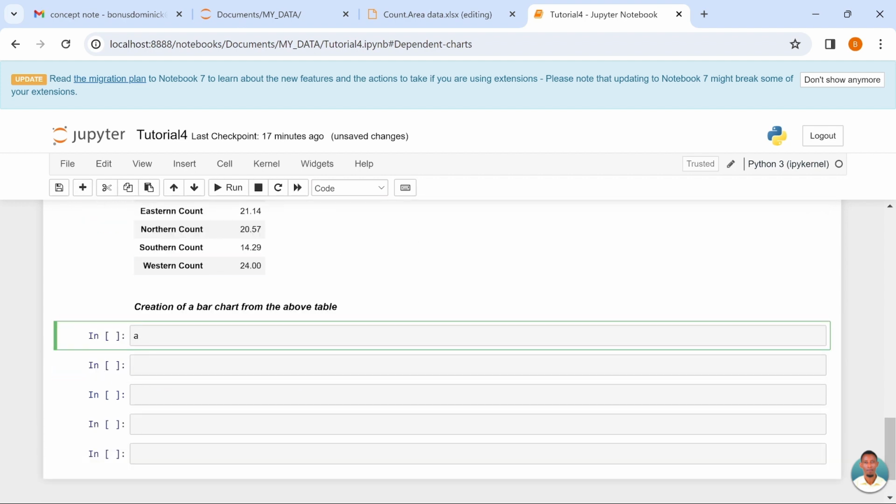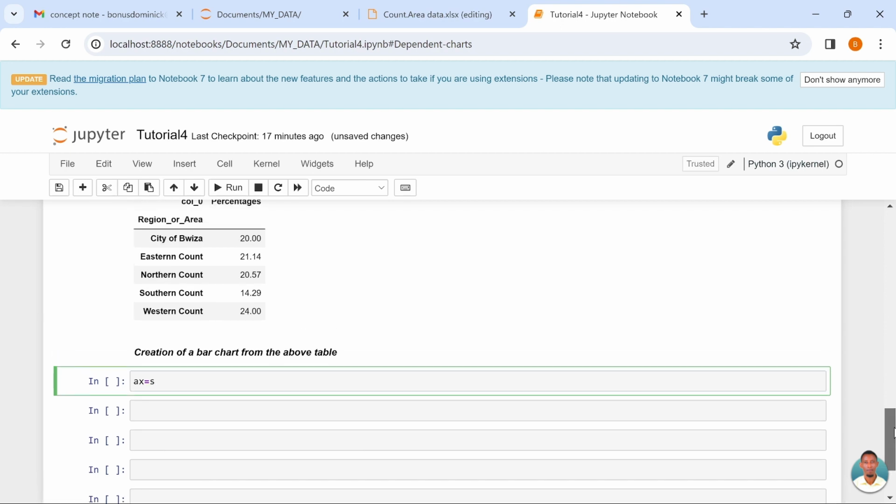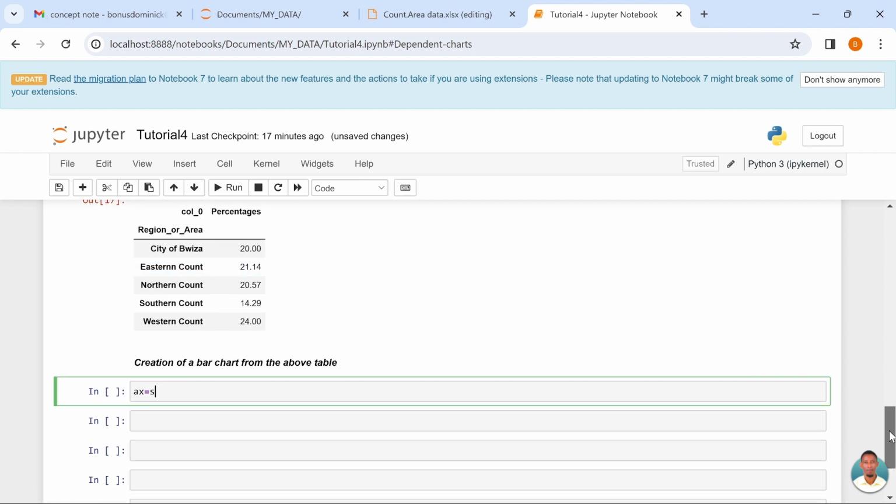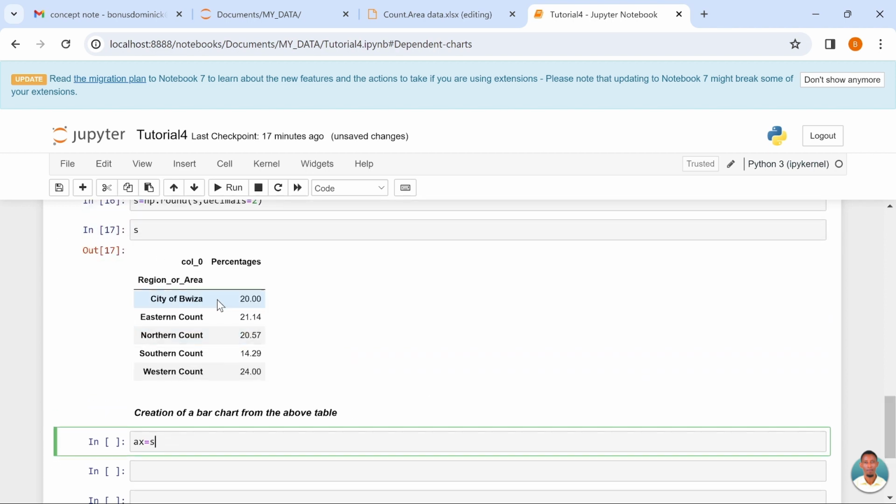Create the new variable, for instance, AX, equal, bring your new created variable for the above table reported in 2 decimal places. And then